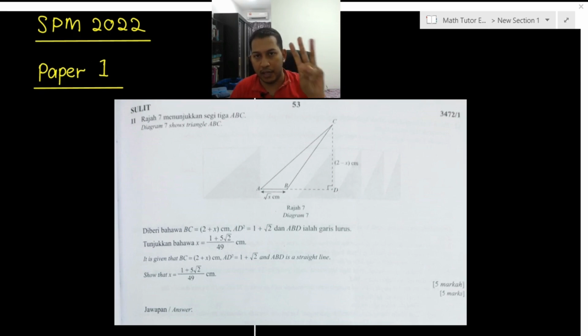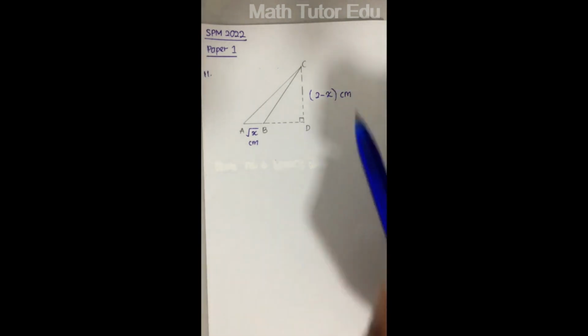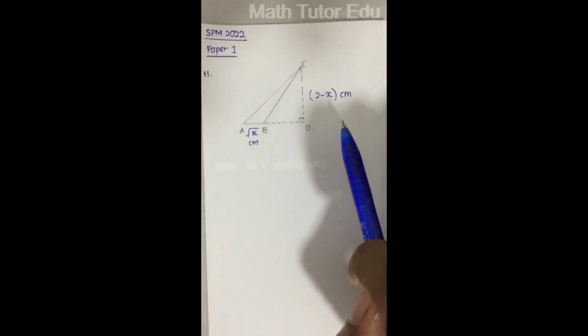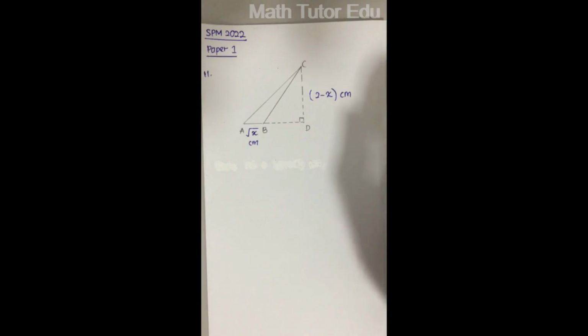4, 3, 2, 1. Let us begin our discussion for the question 11, where we need to show that x is actually equals to 1 plus with 5 surd 2 divided with 49 centimeter. As you can see here, this is the sketch that I've drawn based on the diagram 7. Okay, so to begin this question, we're going to start off by the information BC is equals to 2 plus